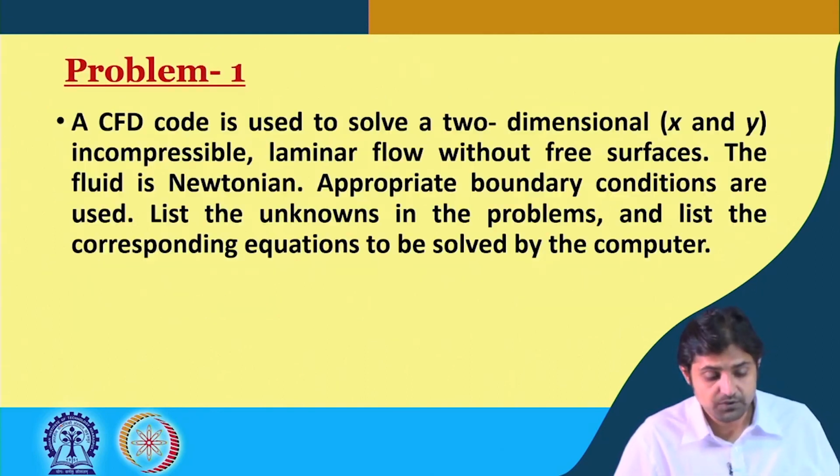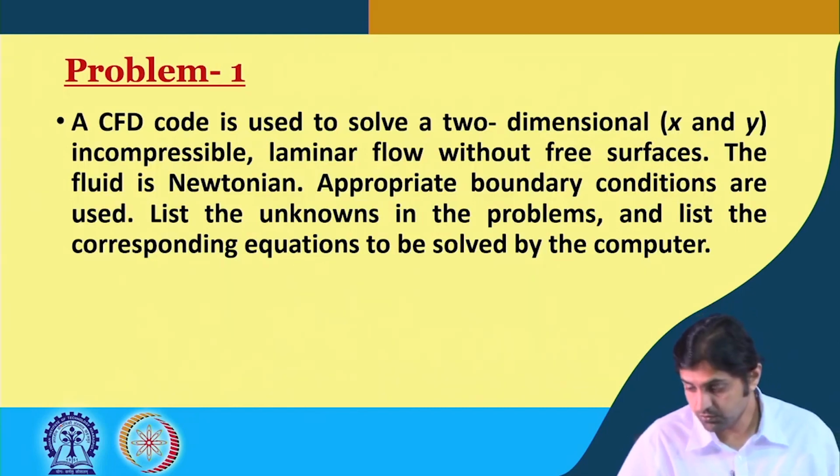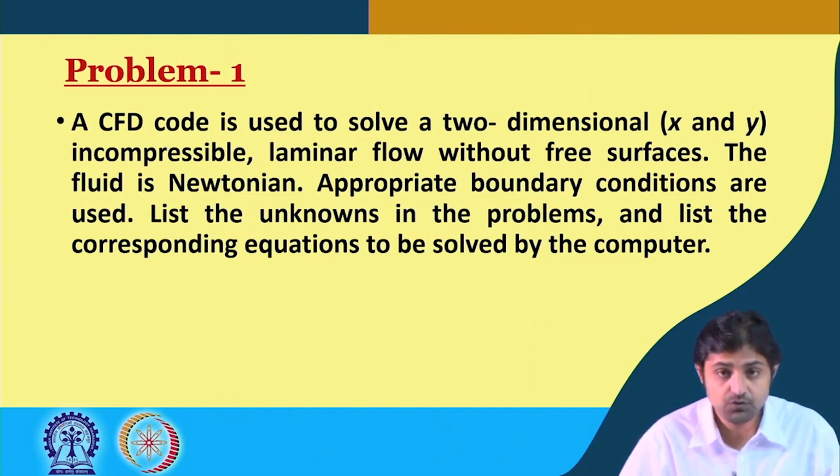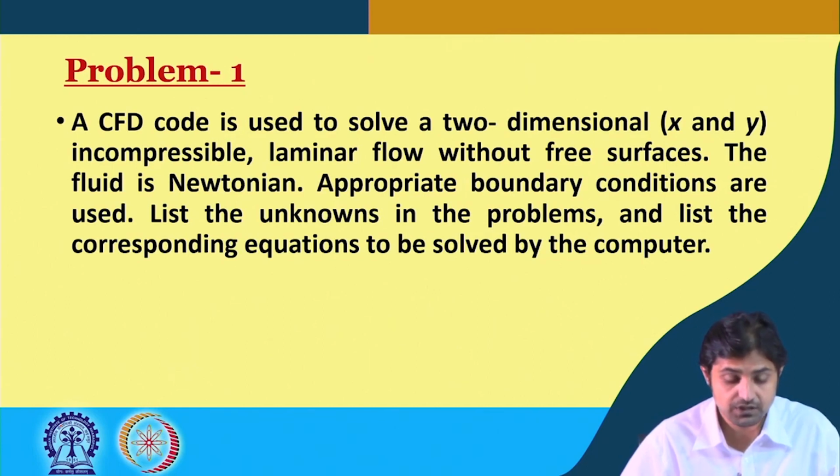So, there is one question which I would want to solve or discuss. There is a CFD code which is used to solve a two dimensional, x and y, incompressible laminar flow without free surface. The fluid is Newtonian. Appropriate boundary conditions are used. The question here is: list the unknowns in the problem and then list the corresponding equations to be